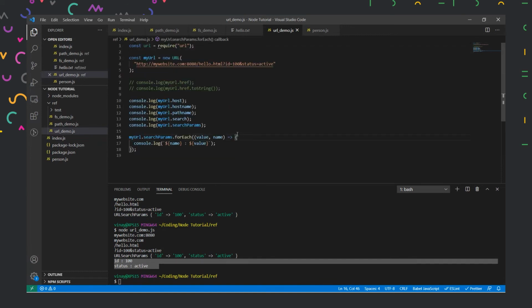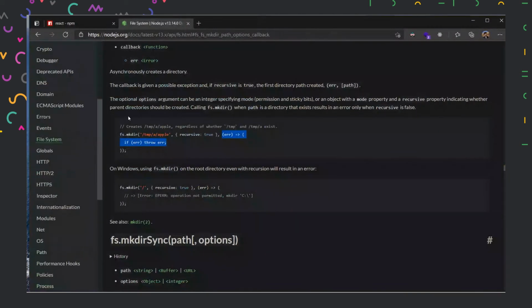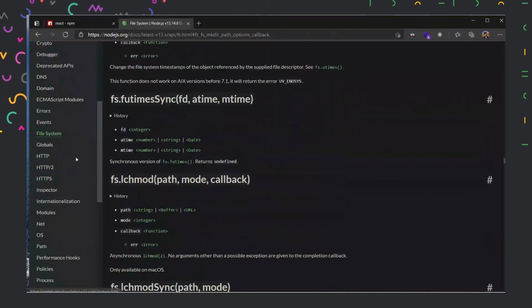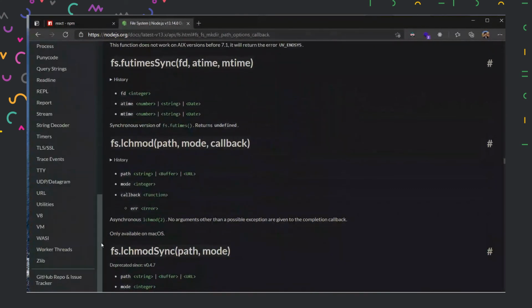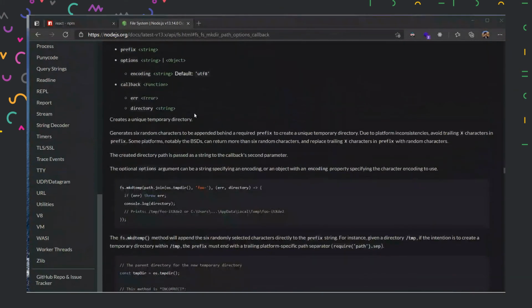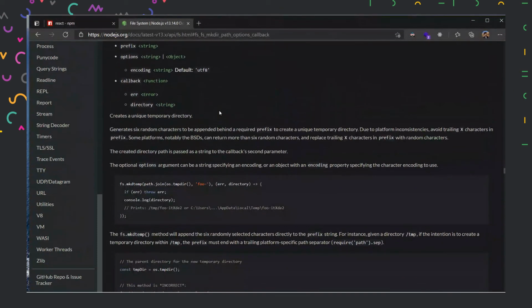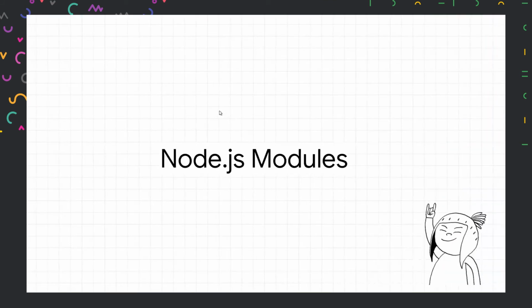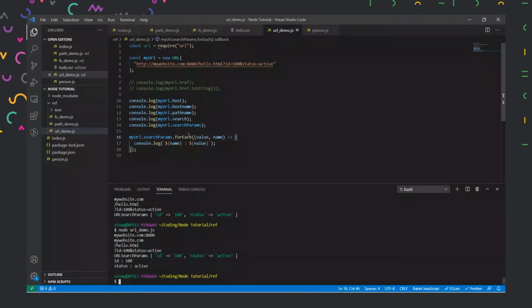And that is it about the URL module now. What are the other modules we have is something called the operating system module, in short called OS module. We have the HTTP module, which I'll be showing you right now, and there is the event module. If you go into it, like I mentioned in our Node.js module, we have so many modules, and inside each module there are so many things. But here I'm just showing you some things which we actually use during our development. So let me show you the HTTP module as well now.